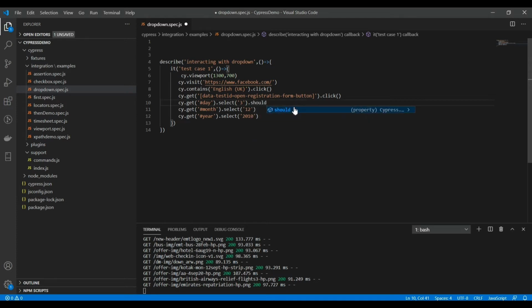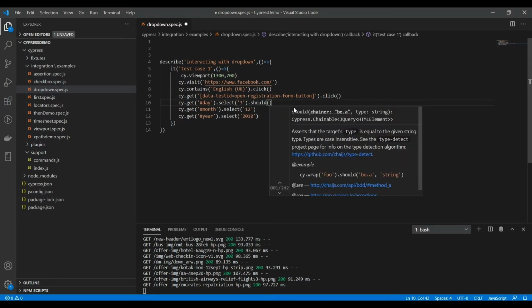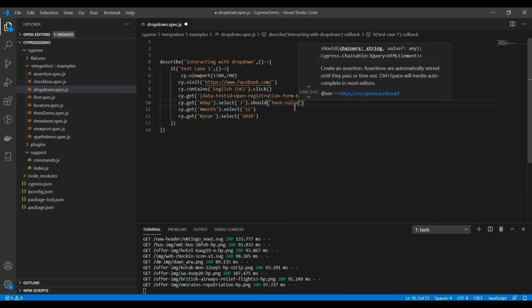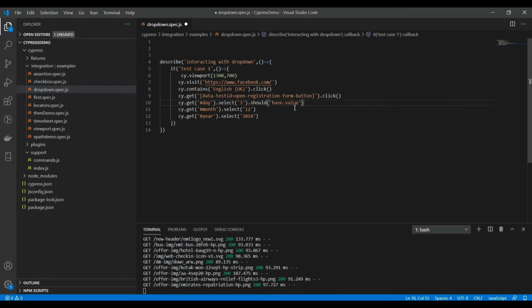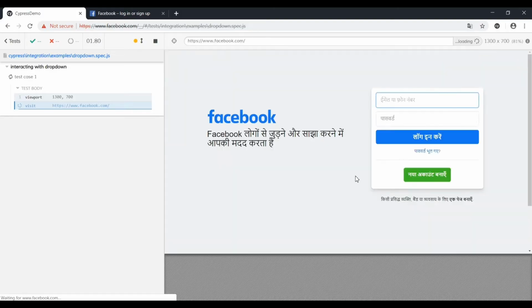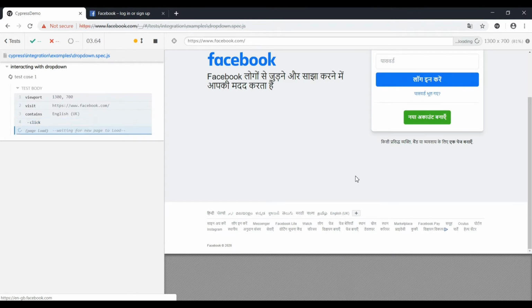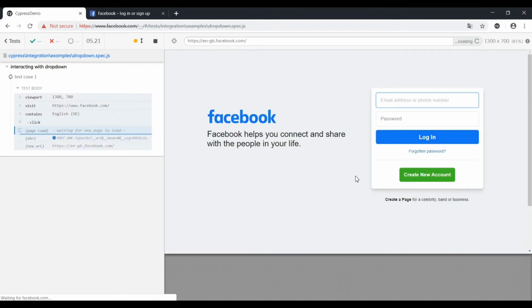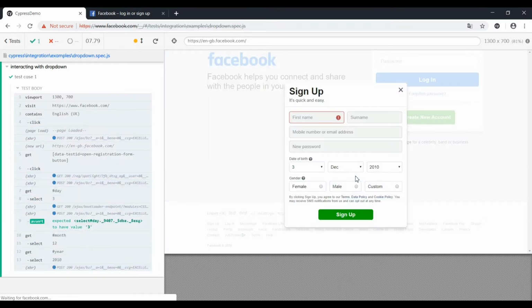Also we can use certain assertions while we are selecting the value, like I want this 3 to have the value as whatever the value it should have. So it should have 3 as the value, so I can assert that select the option with 3, and it should have the value 3. So it selected the value and asserted as well.